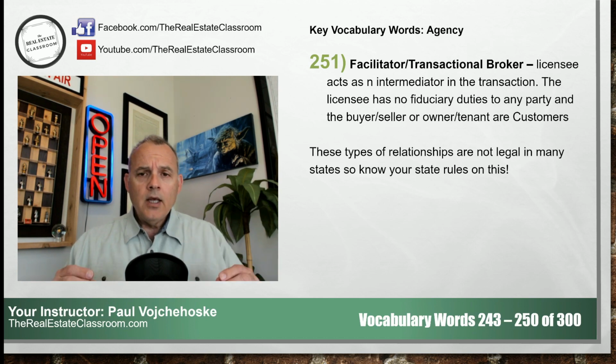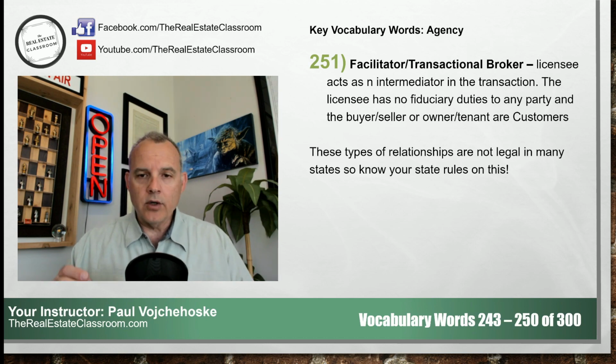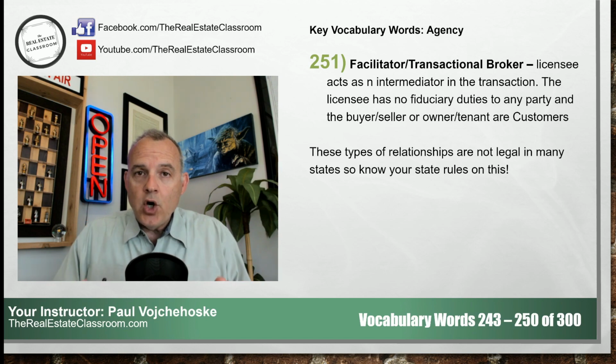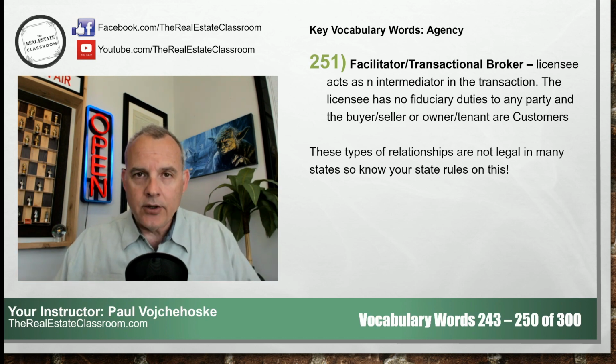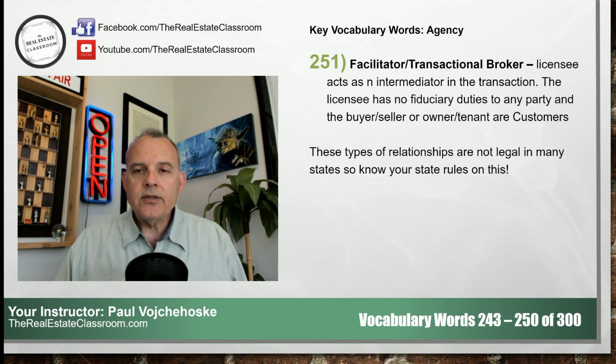So it looks a lot like dual agency, where you have one licensee, and they are writing up the real estate transaction for a buyer and the seller, or an owner and a tenant, but they have no representation to any party. They do not owe those fiduciary duties to either party. They are simply facilitating the transaction. That is it. In many states, they require the licensee to have the buyer and the seller, or the owner and the tenant,